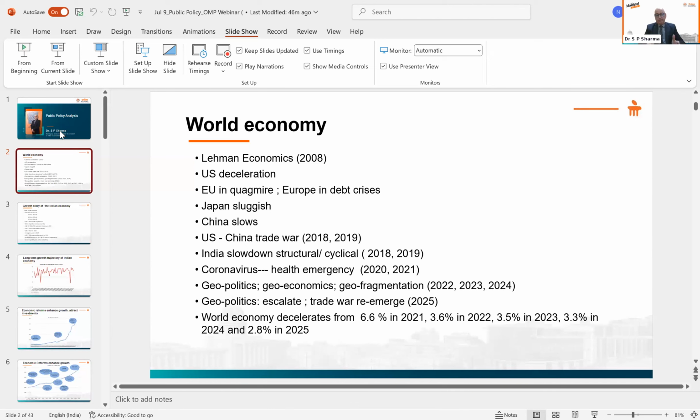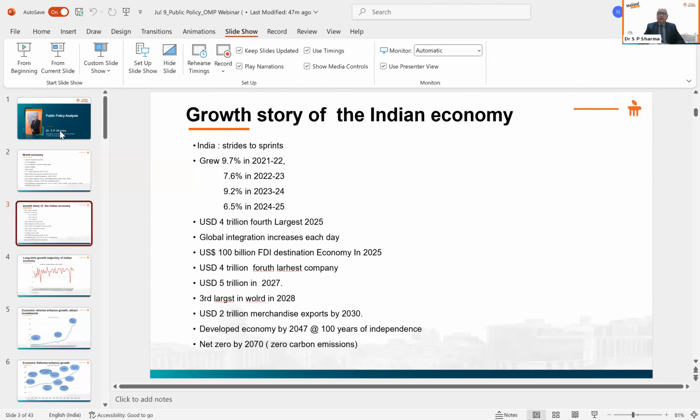That too on the basis of low base effect. And again, that has started decelerating in 2022. The growth rate was 3.6%, thereafter 3.5%, and then 3% now, 2.8% is anticipated for 2025. So the world economy is in severe slowdown in recent years